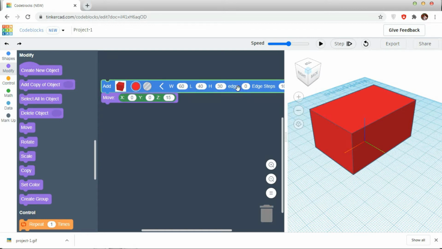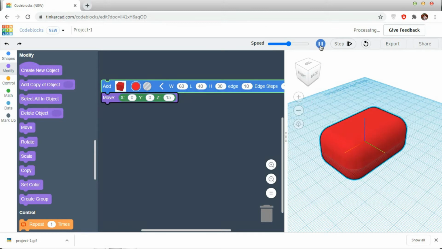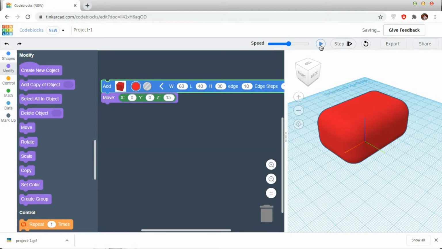We have an edge option here. It is to modify the edge of the cuboid we have made. For this I'm going to change the value to 10. It will reshape my edges at a radius of 10 from the pivot, which means the center of the object. So I got a cuboid with rounded edges.